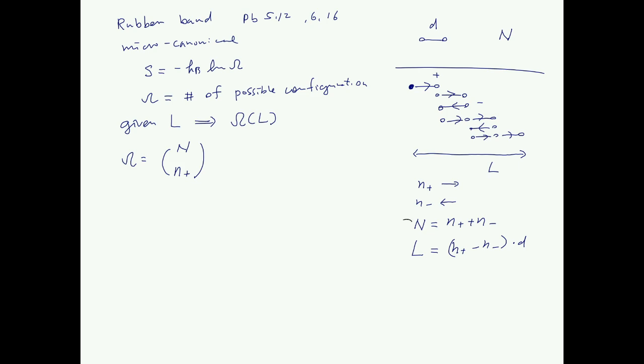Now come back to here. From those two equations, I can solve for n plus, and this is 1/2 of capital N plus L divided by 2d. So that means n minus is